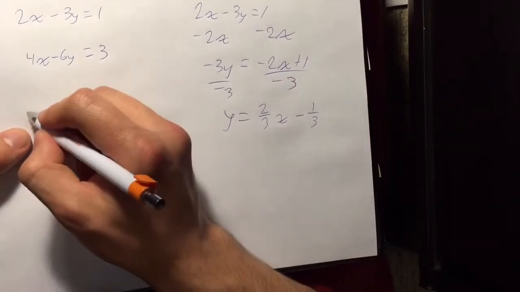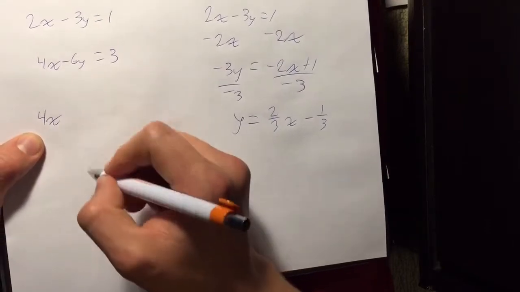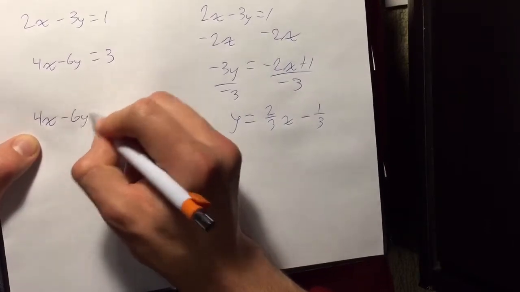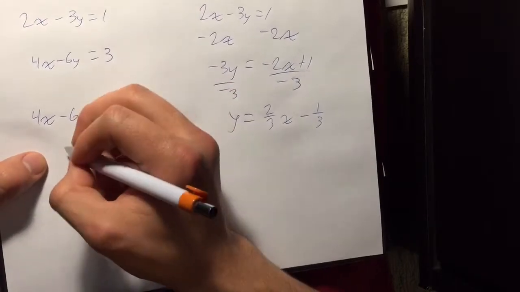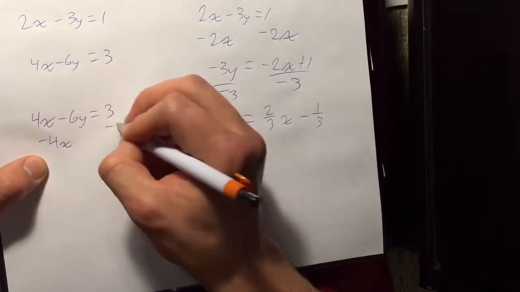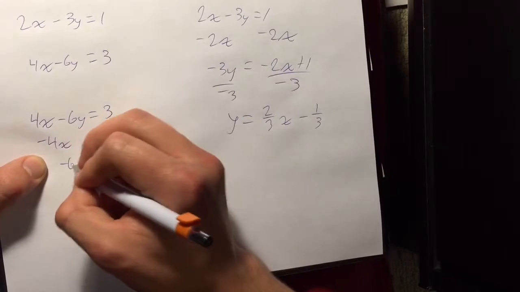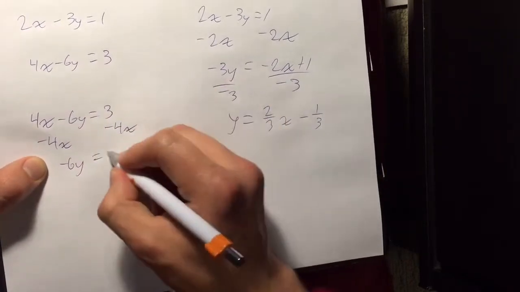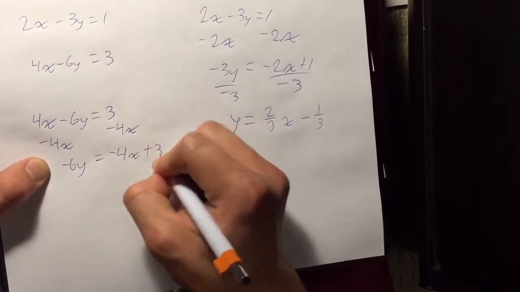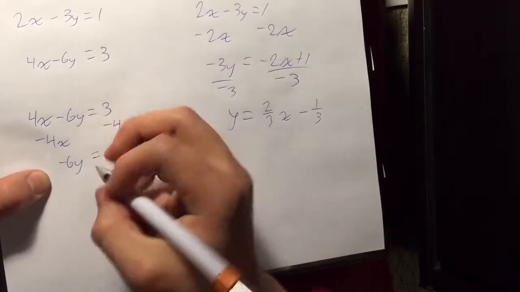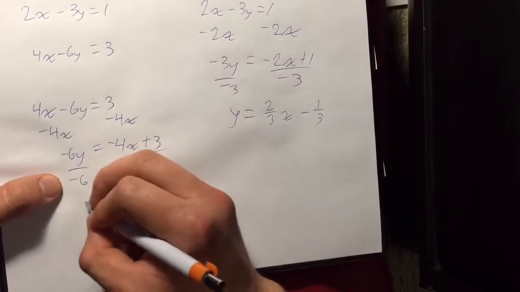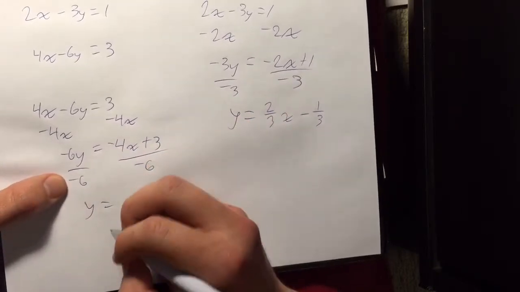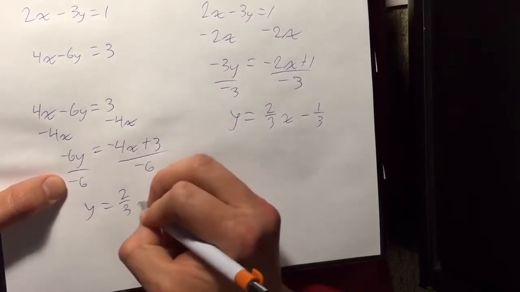Now, for this one, you get 4x minus 6y equals 3. Same thing, slope-intercept form. Subtract the 4x. Negative 6y equals negative 4x plus 3. Divide the negative 6 by both sides. And you get y equals a positive 2/3 x